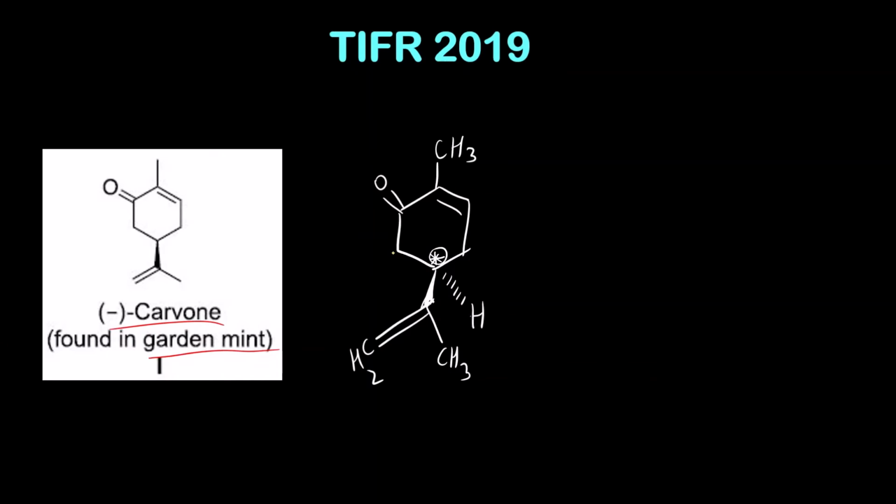So now let us write down the other groups that are attached. First of all, we can see hydrogen, since it has the least atomic number, its priority will be 4. Now if you see the primary atoms, here there is carbon, here there is carbon, and here also there is carbon. So we have to see the next atoms attached to carbon. Here you can see this CH2 group, and here this methyl group. For this carbon we can consider that it is attached to 3 carbons. So this will get the first priority.